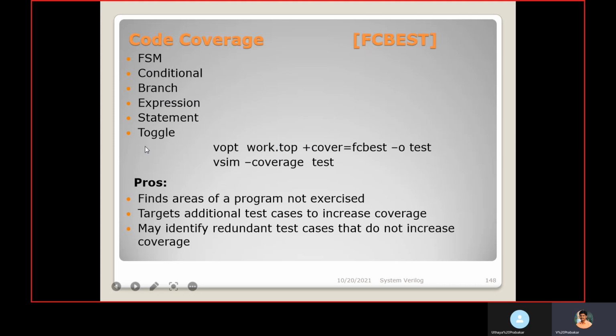The pros of code coverage are: it finds areas of the program not exercised. We can identify which portions of the code are not utilized during the verification process.